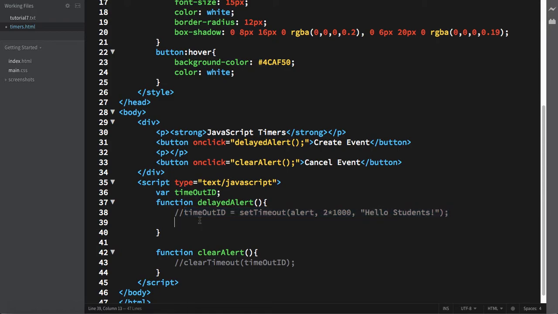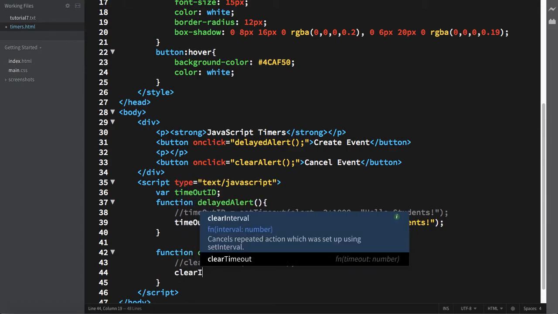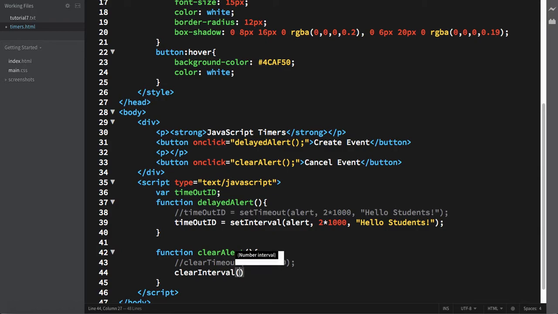Let's copy it, but instead of set timeout I need to use set interval. The I is capital. I'm not using 5 seconds as of now because that will take a lot of time. I want to show an alert after every 2 seconds.